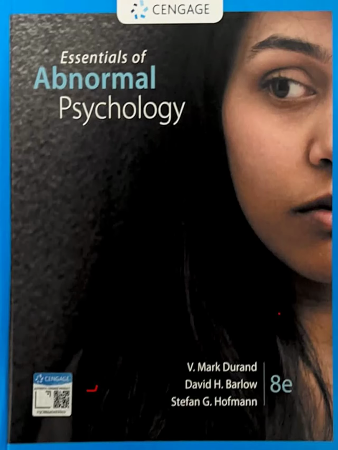DSM-IV, which came out in 1994, refined things even further and introduced the multi-axial system. Multi-axial system. Remind me what that was all about. It let clinicians assess a person's functioning on multiple levels, psychological, biological, social. It was about looking at the whole person, not just their symptoms. And then came DSM-5 in 2013, which is what we're talking about now. Right. It included some important changes, like adding dimensional measures for some disorders.